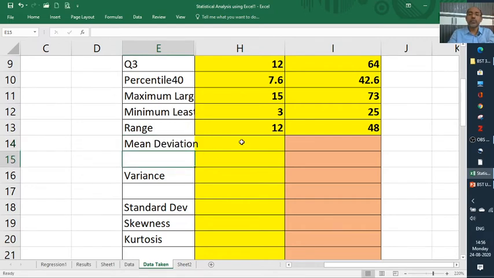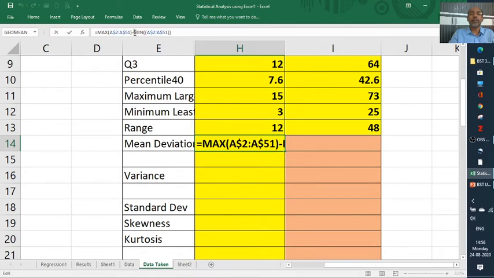For that, I'll take the data first, then I'll change the formula.